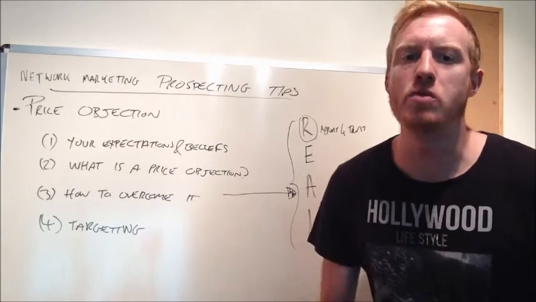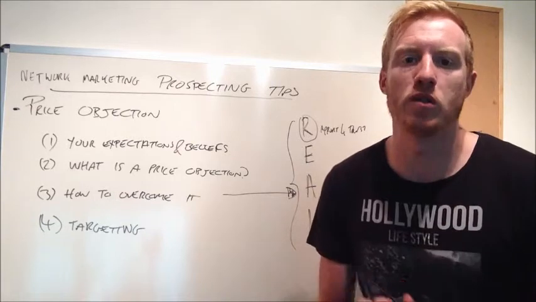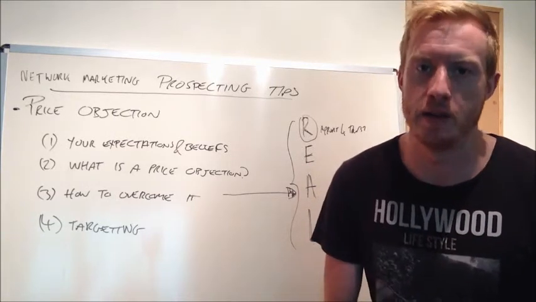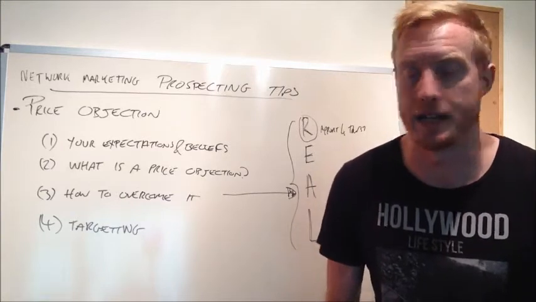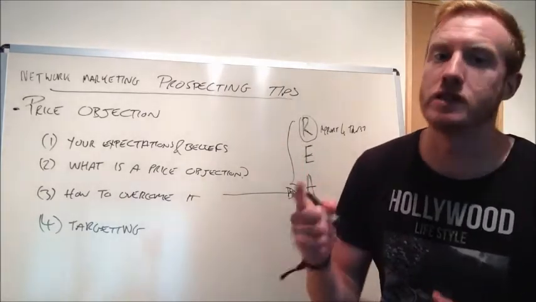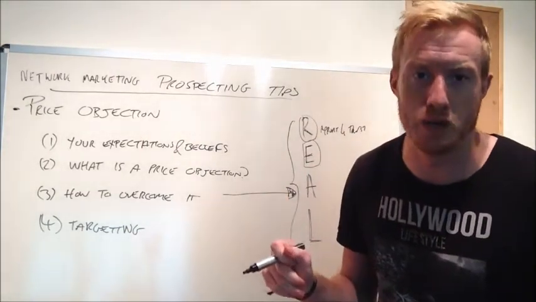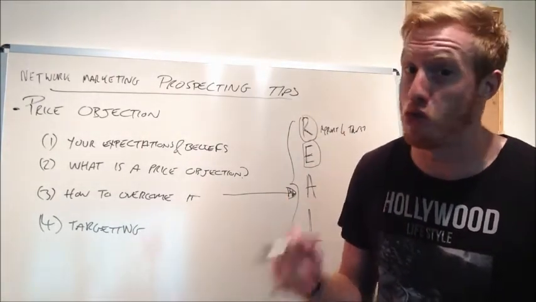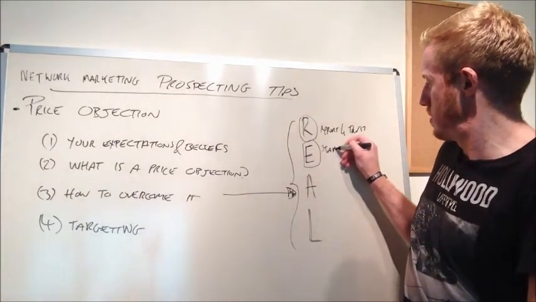So before we even go anywhere with our prospects, whether it's a warm prospect or a cold prospect, we must have built rapport, must have got to know that person, must have built trust with that person so that we're on the right level when we're presenting. Next, most importantly, and this is often where most network marketers miss this stage, it's really, really important. It's not rocket science: establish